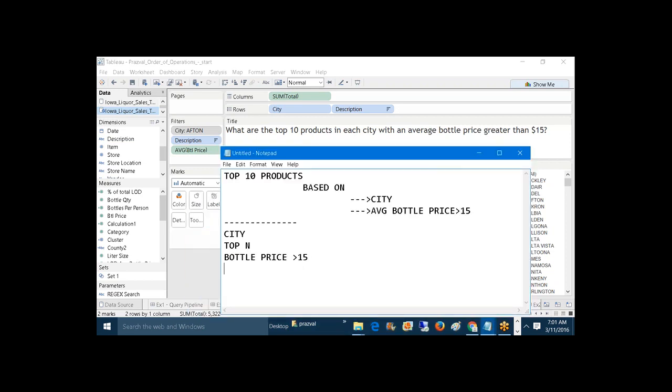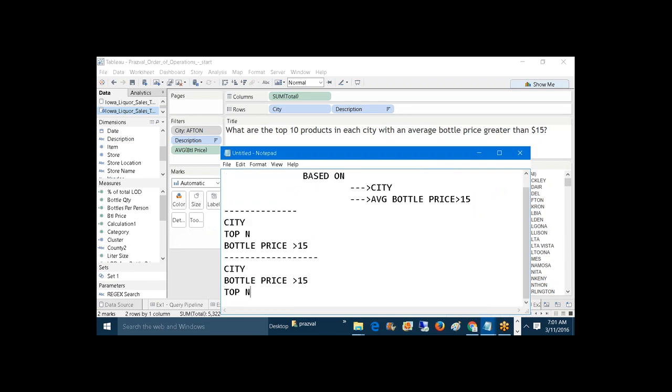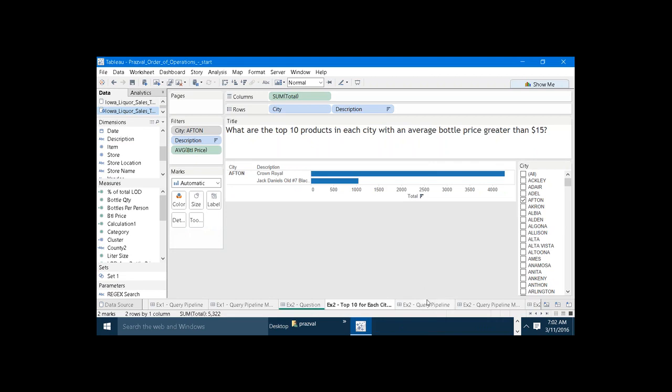But here how do we want to convert this? We have to convert this: first the city, all the products in the city, and then their bottle price greater than $15, and on that we have to get the top N. So how to do it? Okay, how to do it? So if you see the query pipeline,